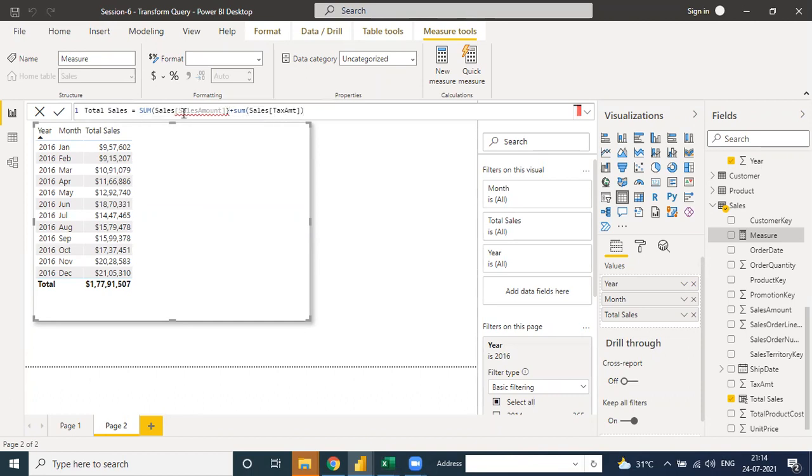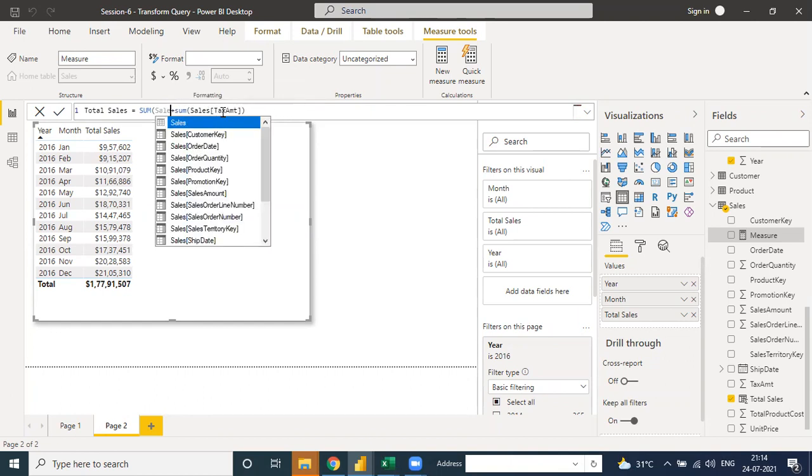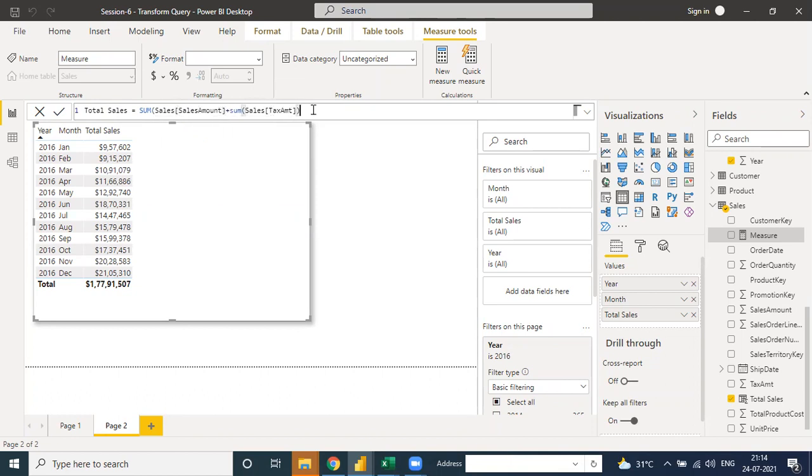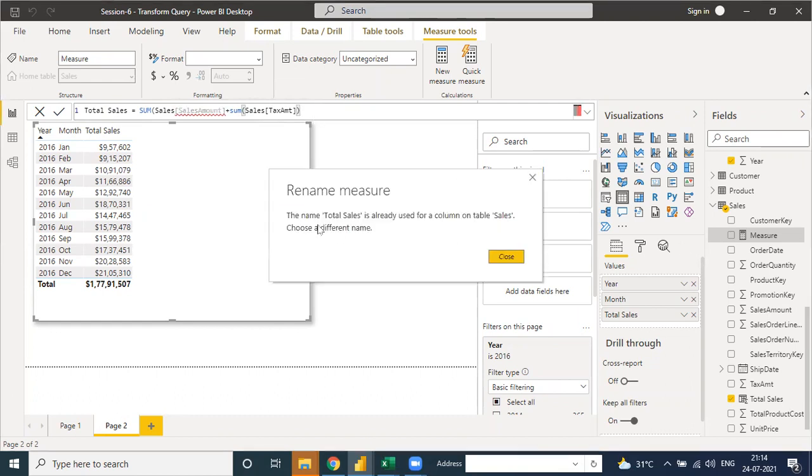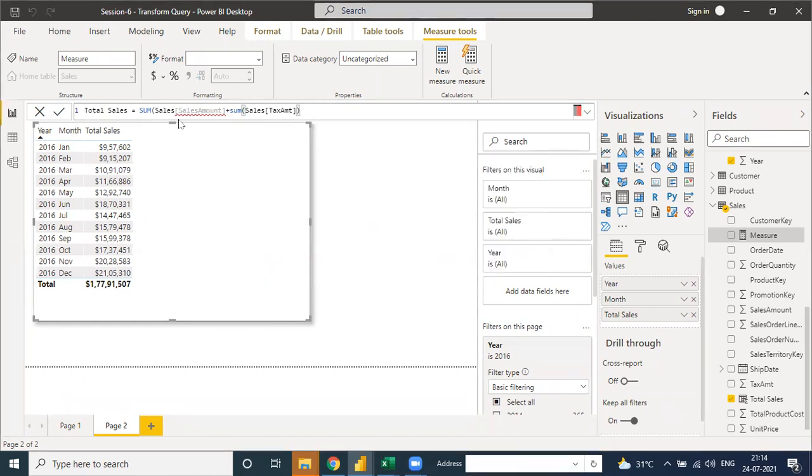Let me check sales. Sales under the sales amount, sum under the tax amount. See, the error is gone, and when you click enter, your measure is ready. The total sales is already there, so you need to remove the total sales amount because the name is already given. It will not take. Click enter directly.